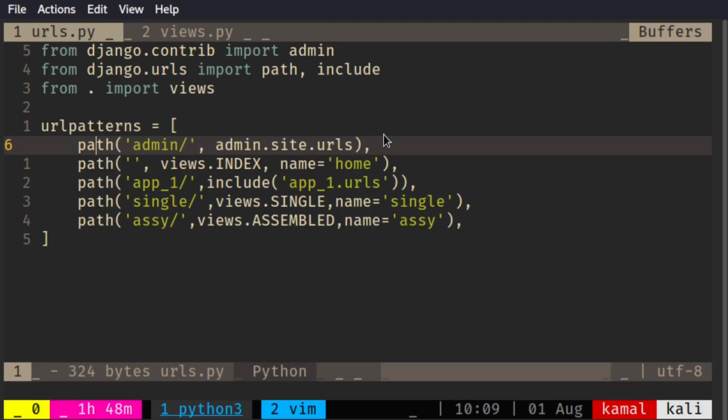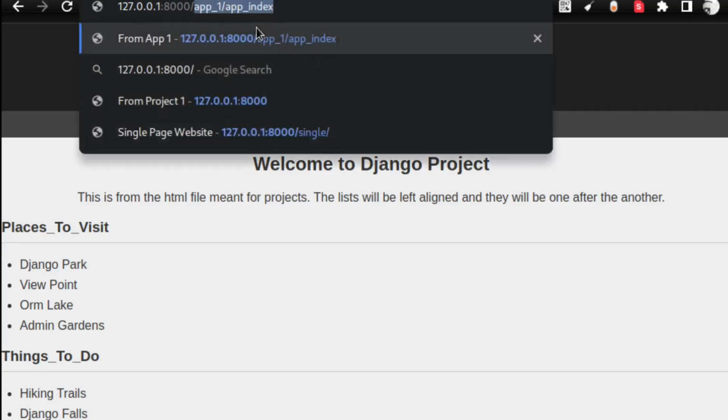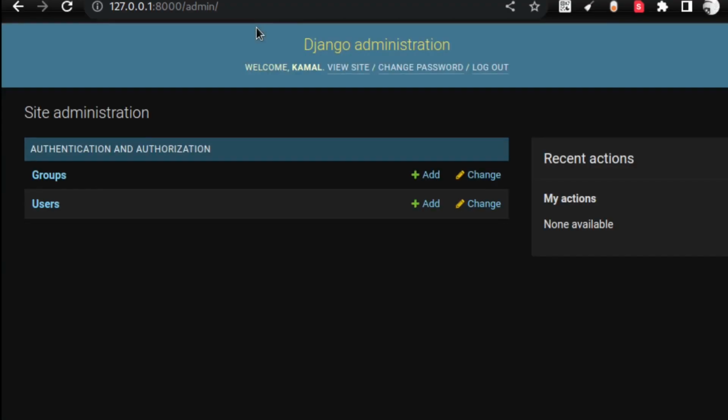Let's begin with the path admin. In order to access the admin part of the site, let me show it for you guys to understand. Let us go to the browser. Let me open the admin path. If I say admin here and press enter, by default, this is going to go to the administration part